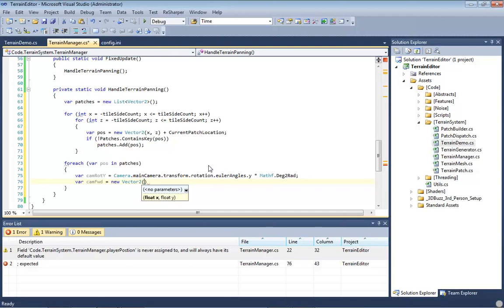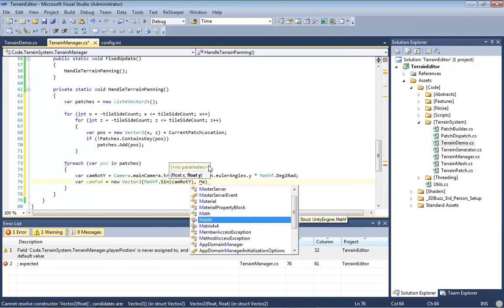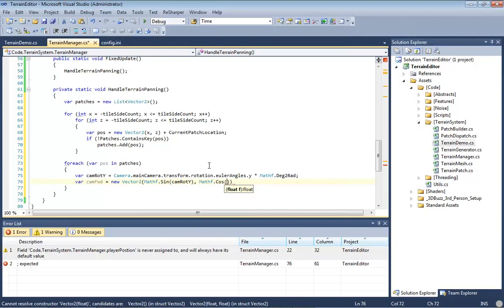To pull this off, I'm going to call Mathf.Sin of our cam rotation y, and Mathf.Cos of cam rotation y. What this will yield is a unit vector that points in the direction that the camera is facing. And with that, I can determine where we are in space